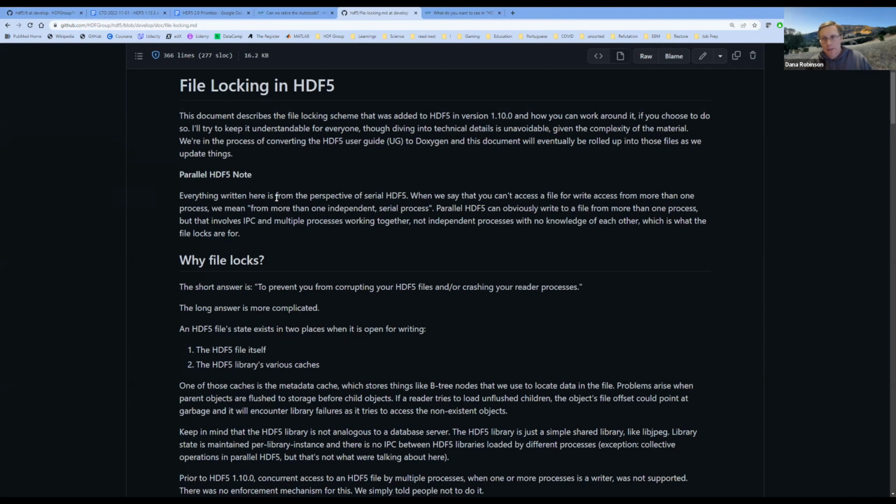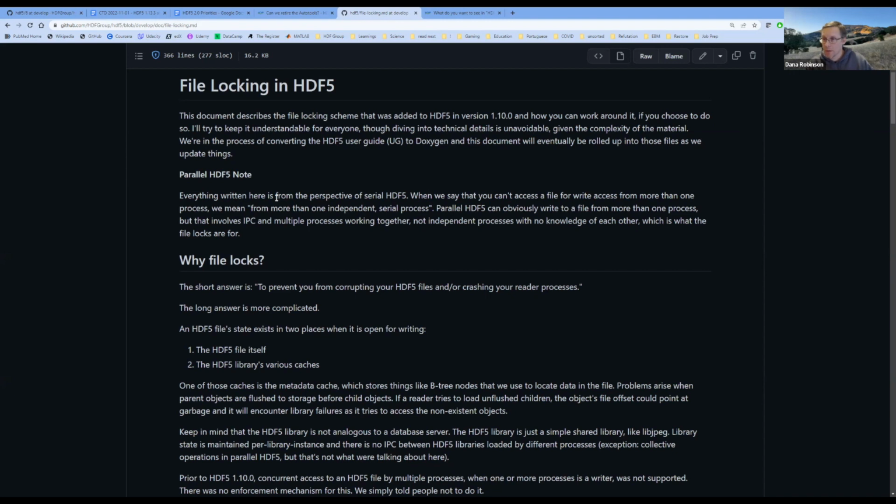over the years, I don't know how many people this has helped, but I know that a lot of people have complained about this. And we've added a number of hacks to switch it off. There's an environment variable that you can set. There's configure options. Now you can set a property in the property list. And so this has grown from something that was kind of a quick and dirty hack to keep people from doing stuff like opening a file with 2 different writers into something that has non-trivial code maintenance,